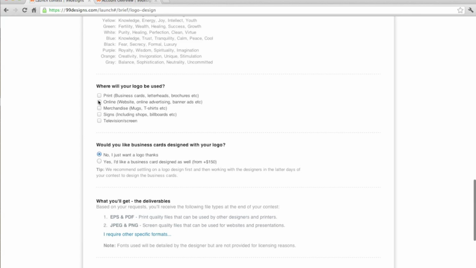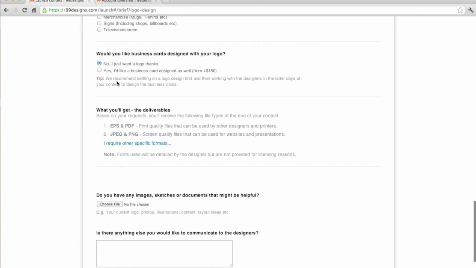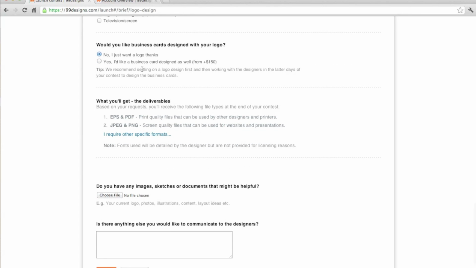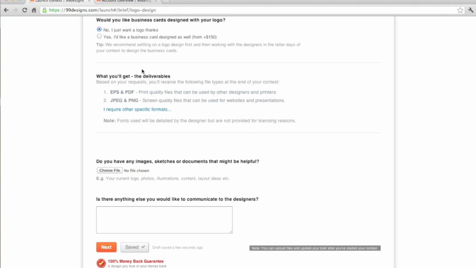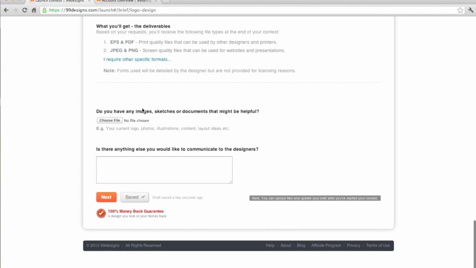Where would you put the logo? Mainly online. I will do some print as well. Check business card design? No, you can do that after. You don't need to pay them $150 to do that. That's not necessary, so don't waste your money. And then if you have anything else, like anything you've sketched up,